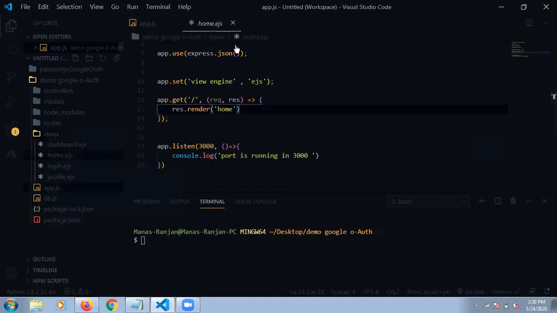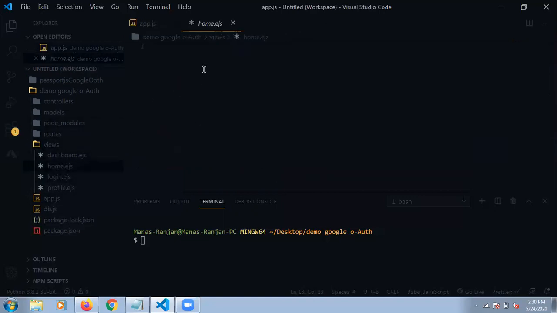Since there is nothing there, first of all we have to make the template. The template engine is nothing but the HTML part only. We are writing all the code inside the template engine HTML. I just have to explain something about the template engine before.